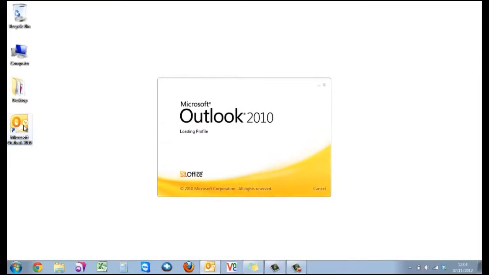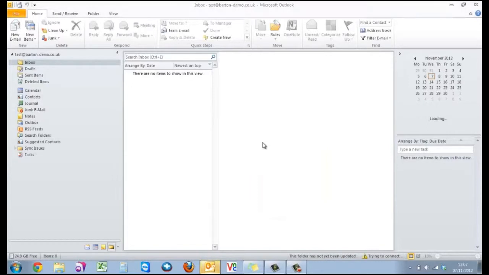to access the account. Now this may take some time on its first initial startup. That is purely because we haven't accessed the account before and it just needs to communicate with our Exchange server. So we'll just let this process happen. As you can see now, Outlook is preparing the mailbox for its first use. This will take a couple of seconds just to get the ball rolling, and you'll be presented with your Outlook